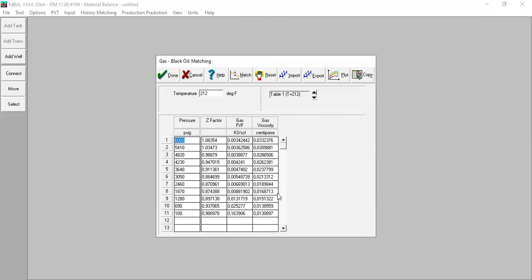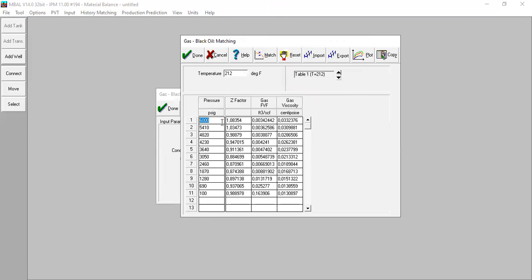Okay, all right. So this is my data. I will give you some time to copy it, or you can type it in yourself, right? The numbers, because later on we will perform PVT matching.